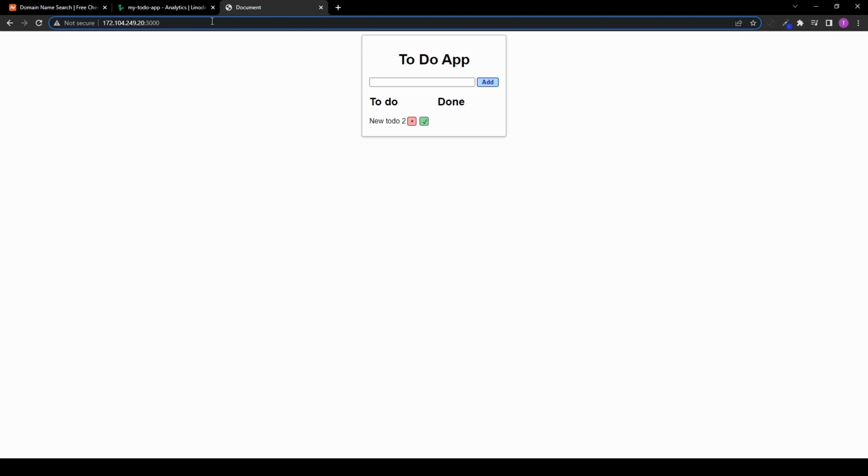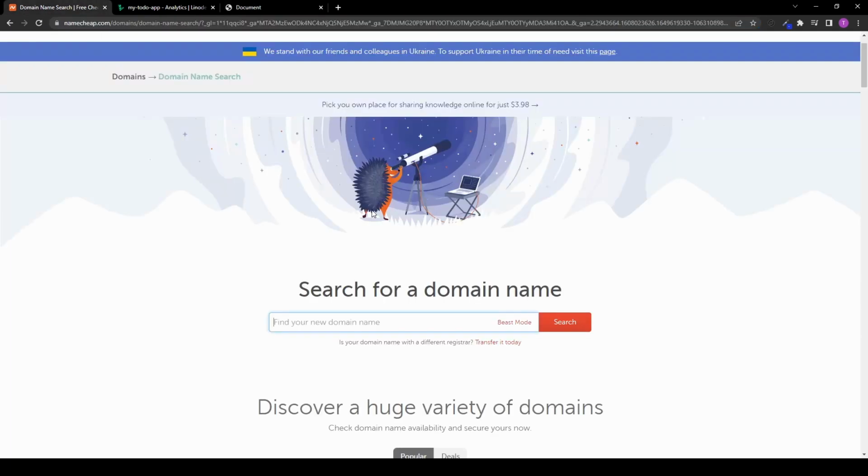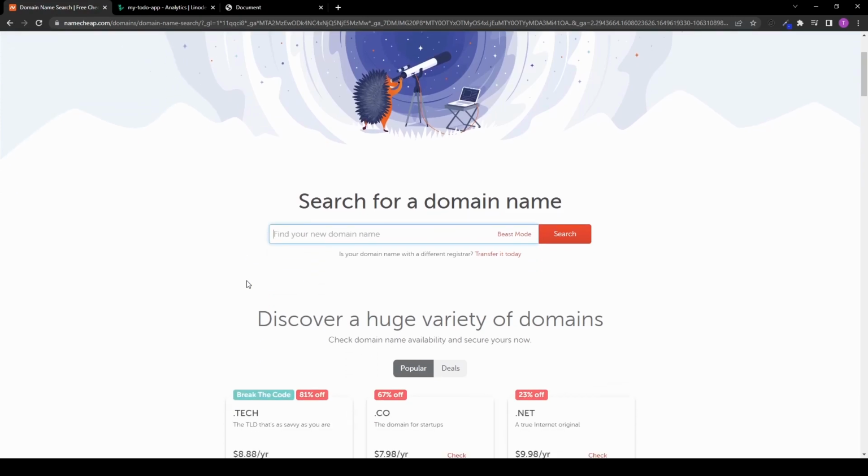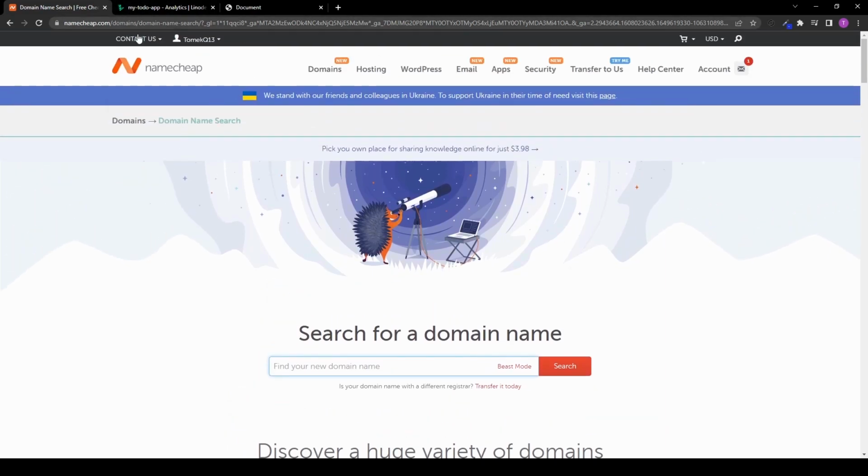Okay, so first off, what we need is we need to actually register our domain. And this is done only through entities called registrars. And one of these registrars is Namecheap, and Namecheap is not, sadly, a sponsor of this video. However, you can go on namecheap.com, and here you have to set up an account. And I already have a number of domains with Namecheap, and I just think they are the most affordable around here. So what you can do is you can go on Namecheap, you create an account there, and then you